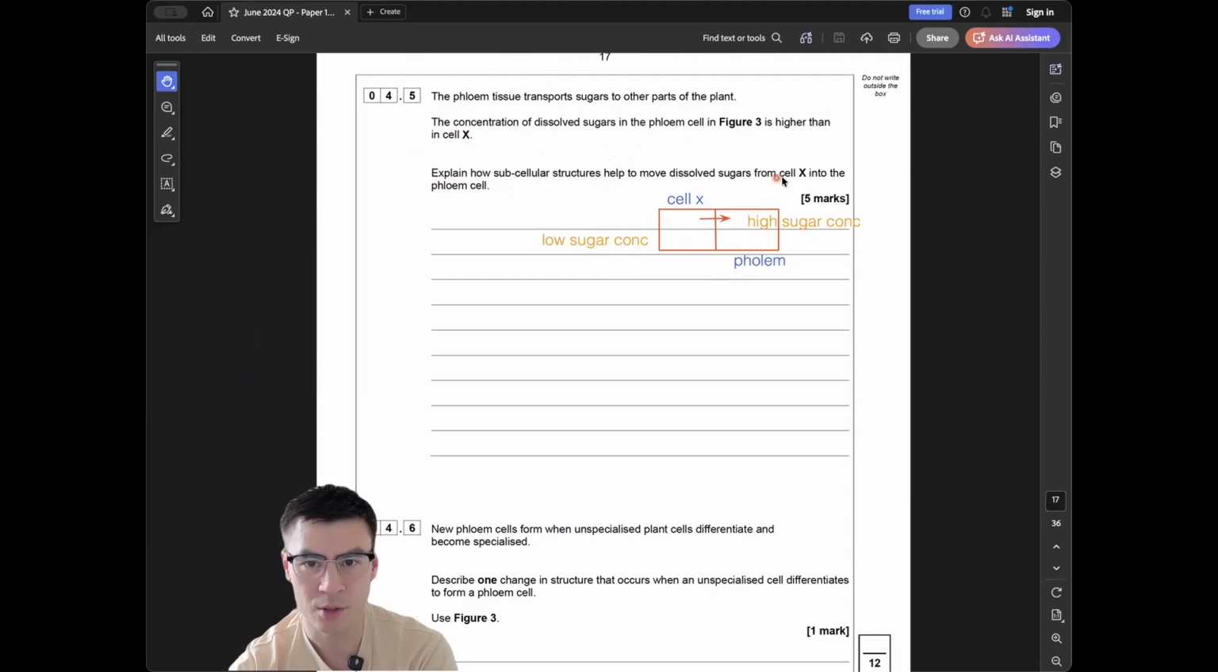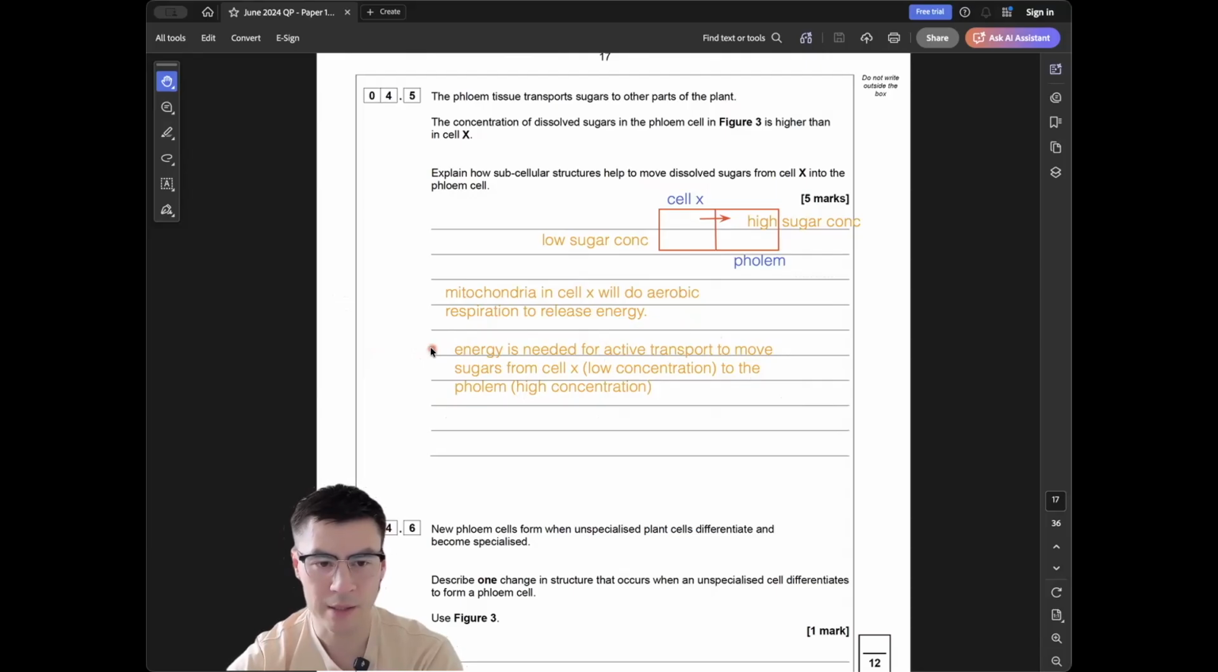to move dissolved sugars from cell X into the phloem cell。點樣可以搬啲 sugar from a low concentration to a high concentration？我頭先啱啱講咗係一定要 involve active transport 係咪？咁 active transport 我哋要 energy 啦，咁邊一個 subcellular structure 會 provide energy？咁一定係 mitochondria。OK，咁第一樣嘢要講就係 mitochondria and cell X will do aerobic respiration to release energy。咁呢度至少已經有2分啦。OK，咁個 second part of 個 answer 就係啲 energy 會用嚟做 active transport to move sugars from cell X, which is a low concentration, to the phloem, which is a high concentration。咁你夠寫呢幾樣嘢就攞到5分㗎啦。